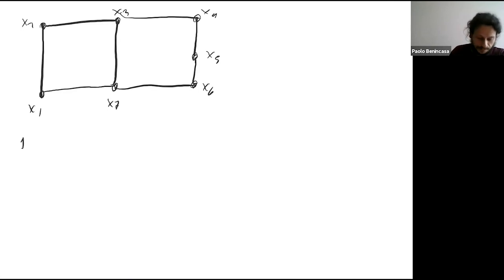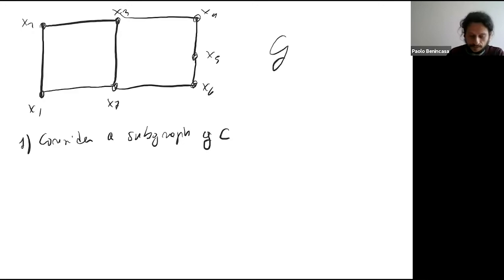Step one: consider a subgraph G of this graph, big G. Step two: erase all the vertices